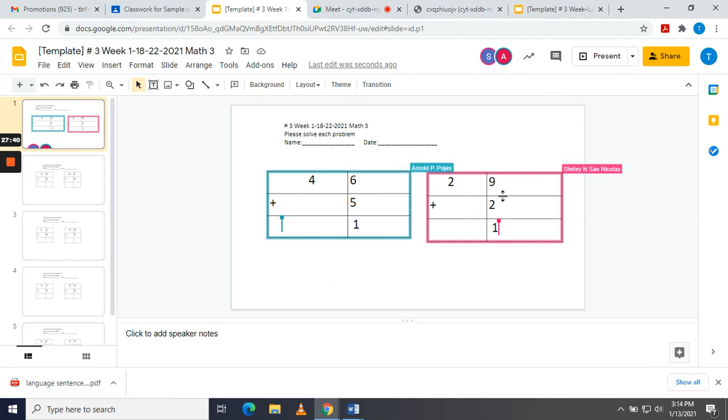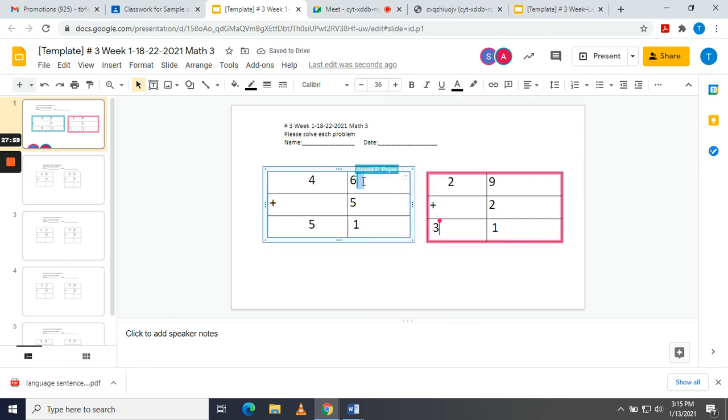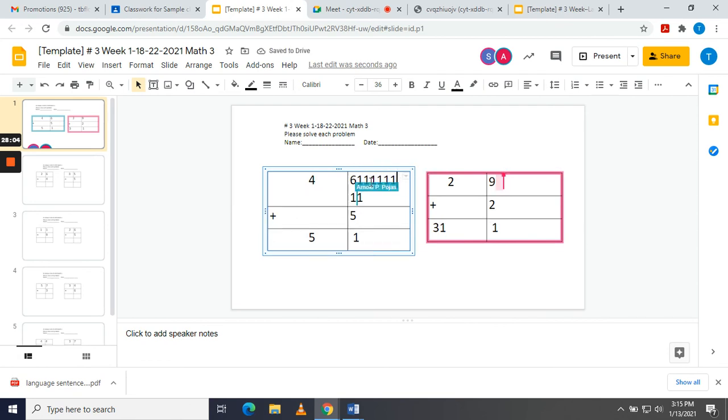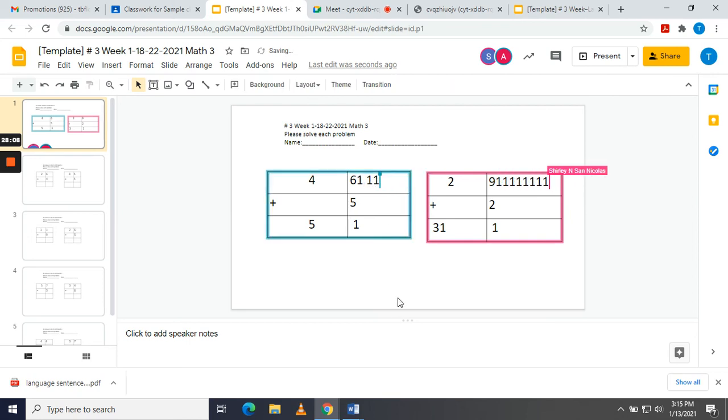So what they would need to do is go ahead and click on the box, and they would write their number 1 to show their sticks. And same for Mr. Arnold. He would show 6 sticks. 1, 2, 3, 4, 5, 6. And that would indicate